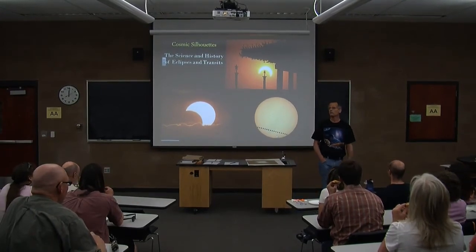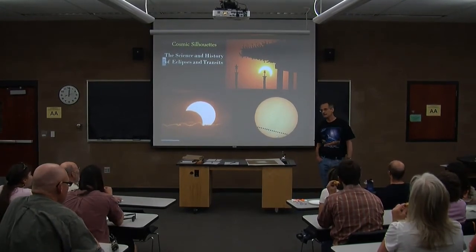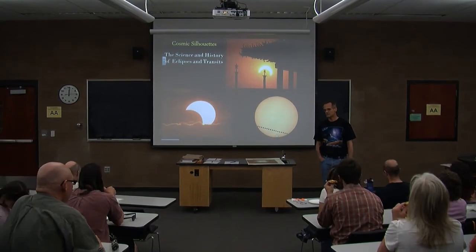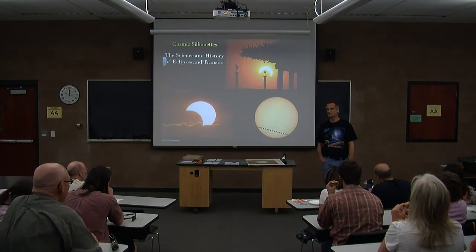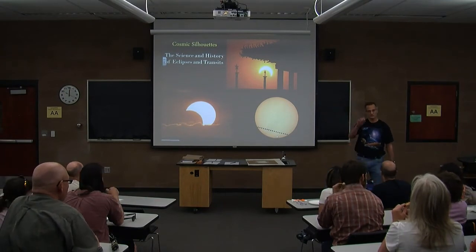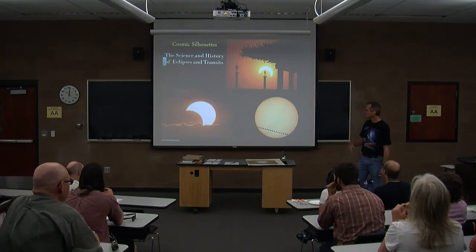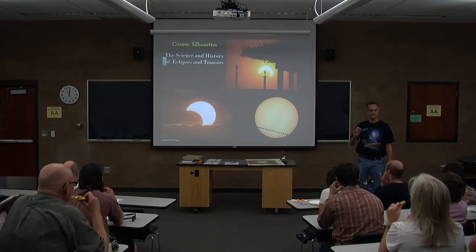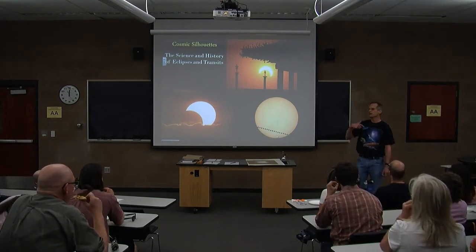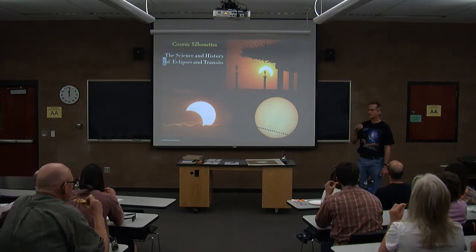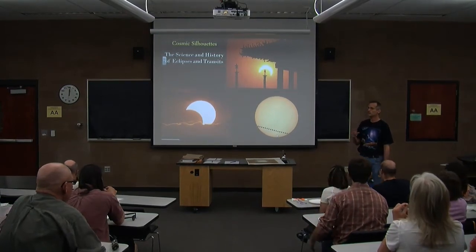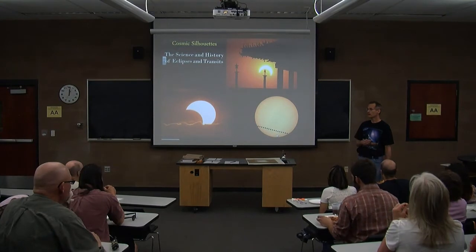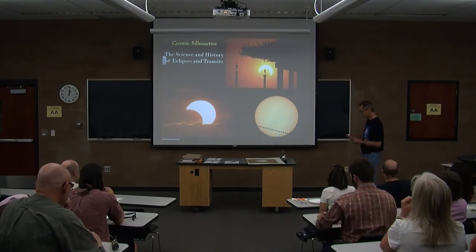Now maybe some of you are more optimistic about your lifespan than I am, but I don't expect many of us are going to live to 2117. So this is the one chance you're going to have left to see Venus move across the disk of the sun. So I want to give a little bit of history, very little on the history side because I'm not a historian, some background in the science, and then I want to get through it quickly so we have time at the end to talk about viewing techniques. How can you actually look at the sun without destroying your eyes and actually see something interesting?